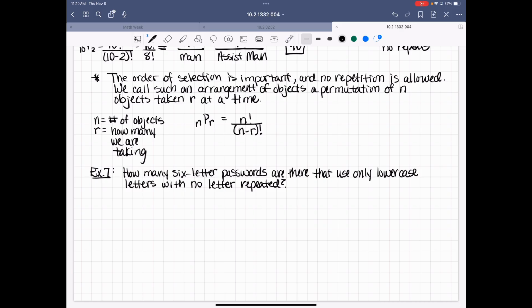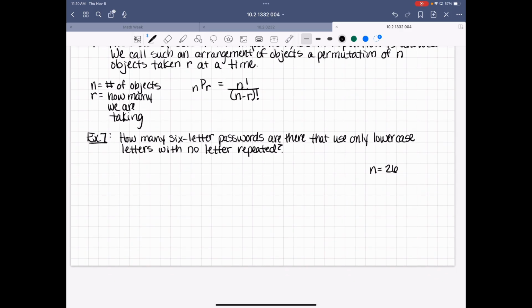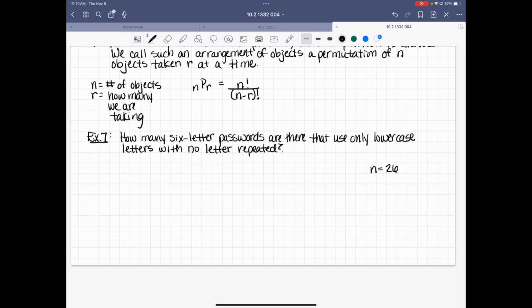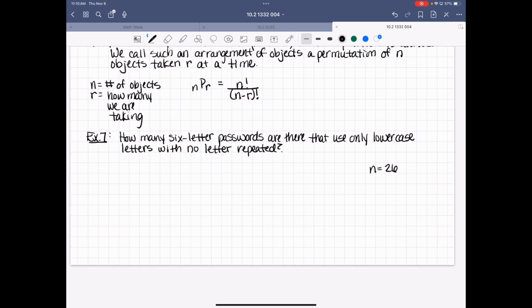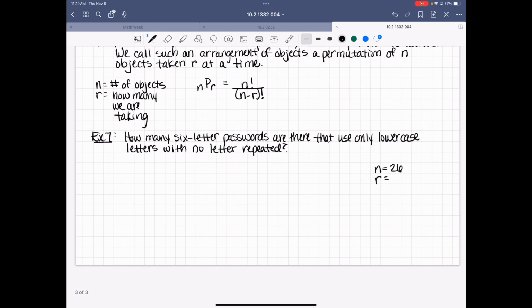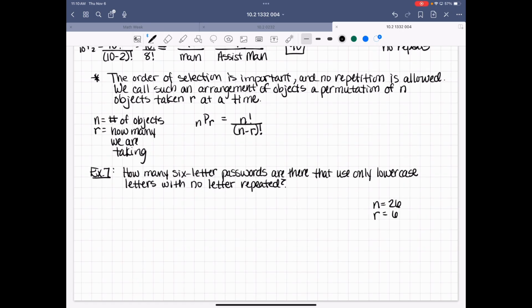got to know a couple of things. What's n? 26, good. Whoever said that, thank you. n is 26 because there are 26 letters in the alphabet. We're only using lowercase. If we were using upper and lower, then it would be 52. Right? Okay? Now, r is the number that we're choosing. What's r? 6. Good. So I have 26